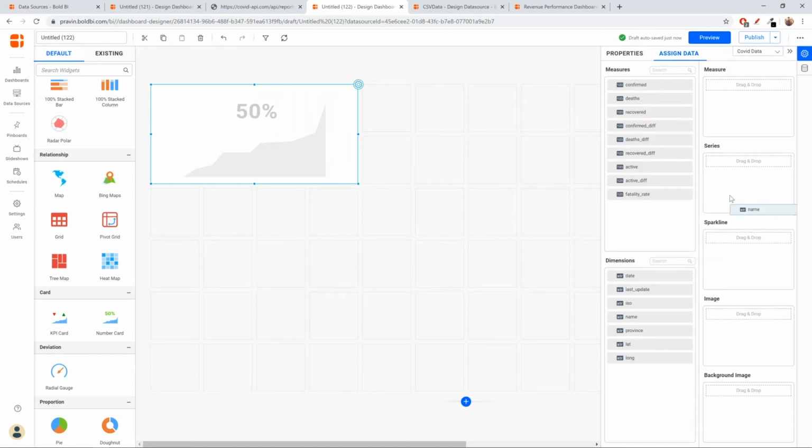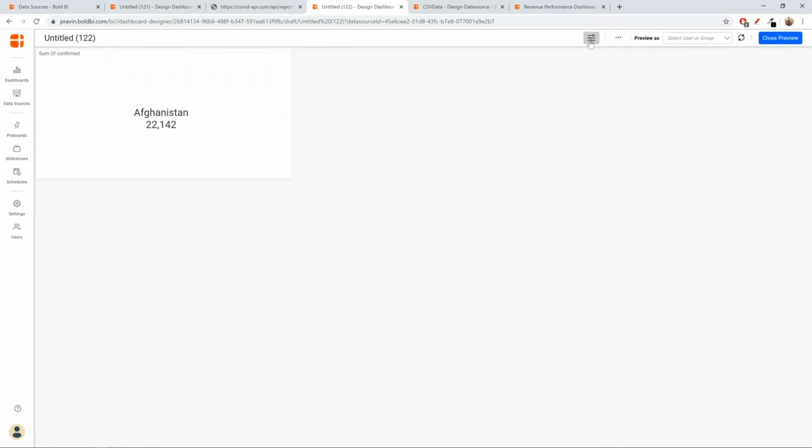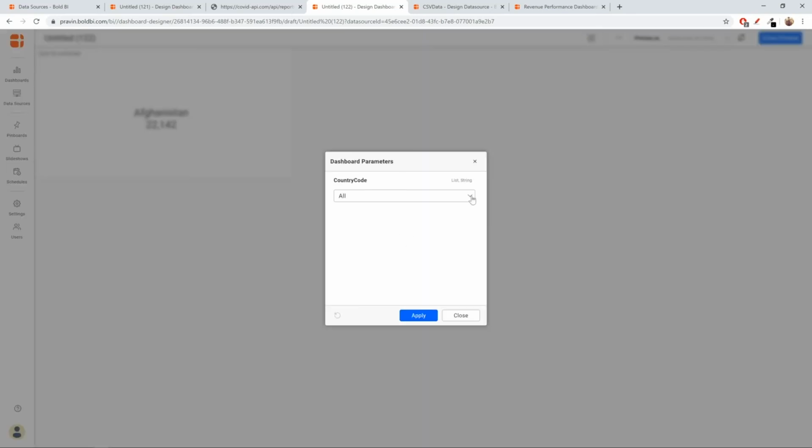So we have the name of the region here. I will add it to series and the confirmed cases to the measure. So you see the confirmed cases for the particular region here. When I visualize the dashboard, I can modify the parameter value, select a particular value, say India, and apply it.